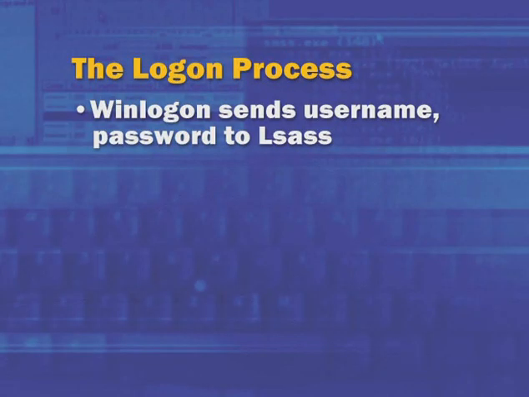Now, it's helpful in diagnosing problems during the logon process to understand exactly what happens when you do log in. When you press Control-Alt-Delete on the keyboard, that keystroke sequence is processed by WinLogon, the logon process, which then presents the logon dialog. The default logon dialog captures username and password, could also be using smart card authentication, and sends that password and username to the Local Security Authority Subsystem process, LSASS, on your system.